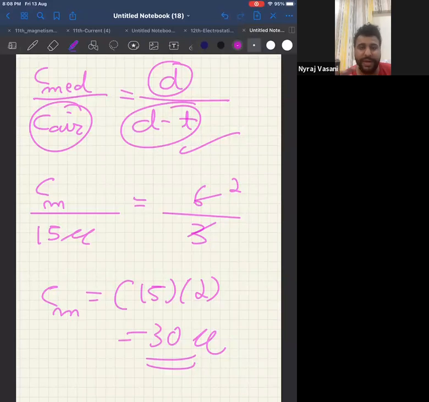So I'm getting a question, why didn't I convert the distance and thickness into meter? I hope everyone understood why, because ultimately it's a ratio. Even if I do it, they will cancel each other. That is why I did it directly. If you're not understanding, I will convert it and show it to you. Why didn't I write micro as 10 power minus 6? Because the options are all in micro. Check. Options are all in micro, so I don't need to convert into 10 power minus 6. Getting it? Basic calculation. Okay, can we go to the next one?